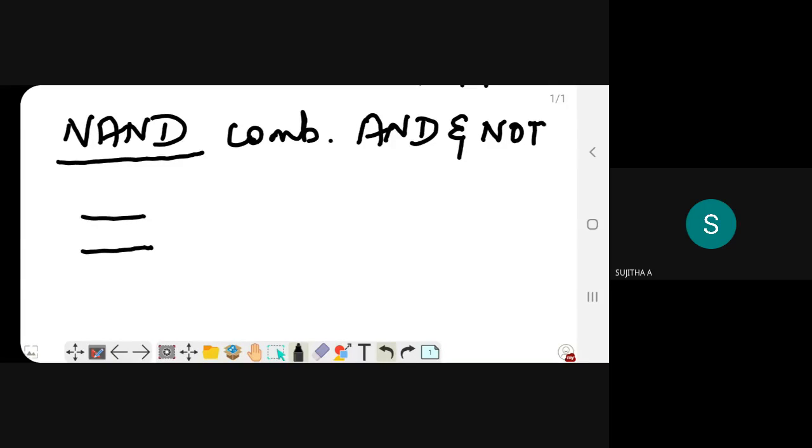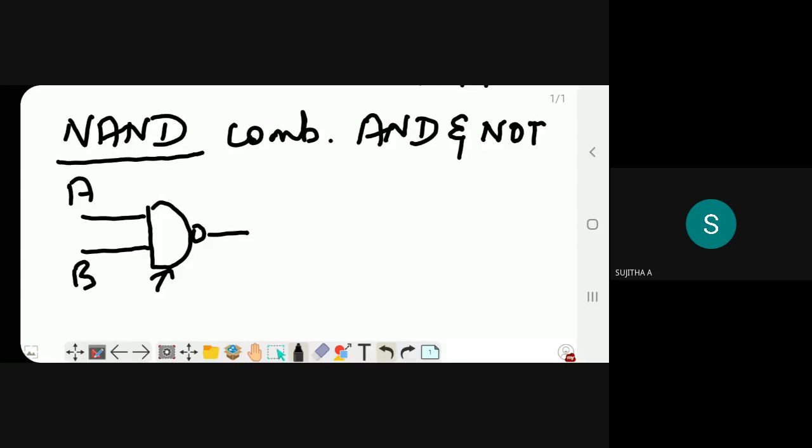Its symbol is with inputs A, B. From the symbol itself, we can identify that it is the combination of AND and NOT. This is the symbol of the AND gate, and the bubble shows you the inverted output.